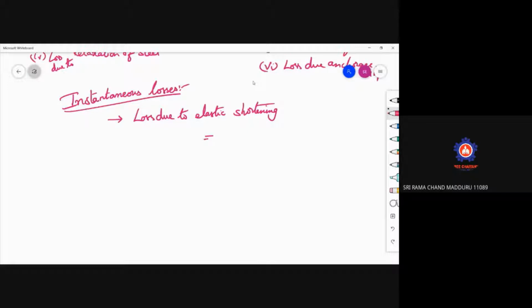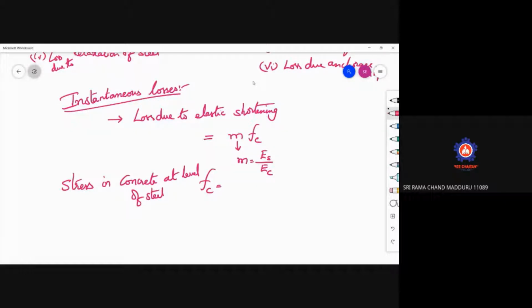so for this elastic shortening, we have written a formula that is M into Fc. So if you observe, loss in pre-stress due to elastic shortening of concrete, the formula is M into Fc, where M is nothing but the modular ratio, ES by EC, and Fc is the stress in concrete at the level of steel, which is equal to, we have written the formula, P by A plus P into e square by I. So M is equal to ES by EC,